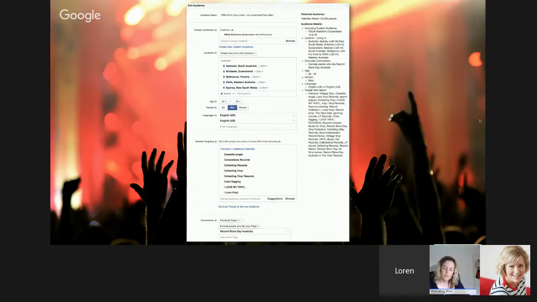And then what we've also done here is we're excluding, obviously, people who like the page, because we're going to run some page-like ads to this, and we're trying to build the audience here, so it doesn't make sense to have that. So suddenly we have a potential reach of 40,000 people that we can target, that we can get to start engaging and being aware that Record Store Day is coming up. So that's an example of how we can find other people based on their interests, their demographics, and their behaviours.